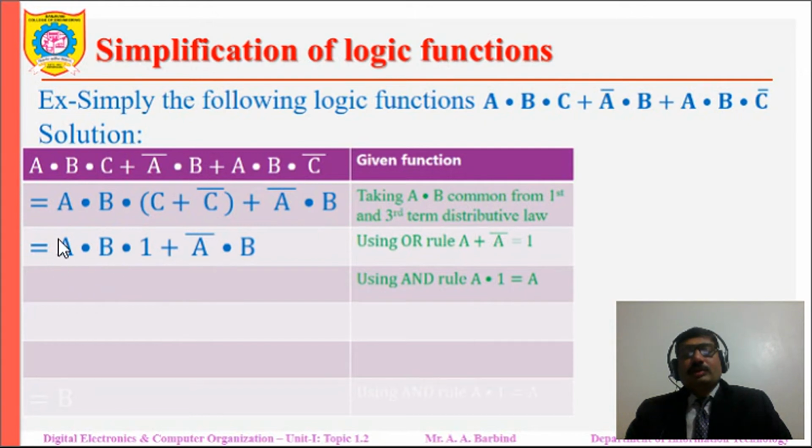So here we have to treat this as a single variable. Anything ANDed with 1 is the same thing. So here we are ANDing a and b, and so it will be a and b. So you can see a and b ANDed with 1 is a and b,